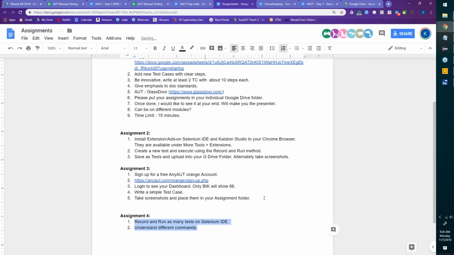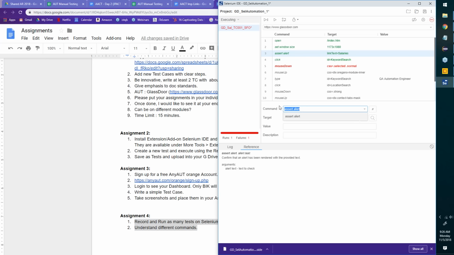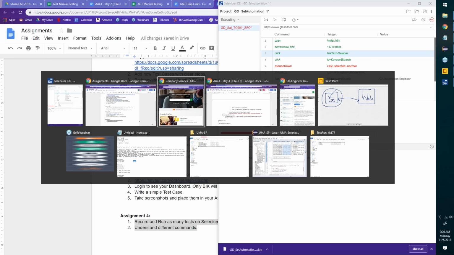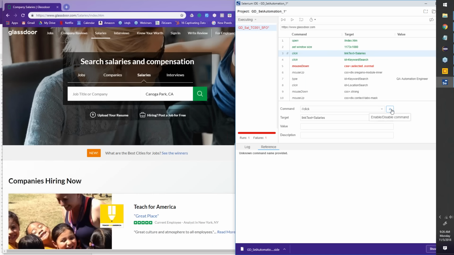What were we doing here? I think there was a click action, so I'll take it back to click. The second thing that is very important, team, and this is where we will get smarter as we go, is the next field, target. Whatever I see here is being mentioned here. What is this? Let me see, enable disable command. I see, this is a new thing. It's almost like a breakpoint, I guess. So don't execute that. That's fine, but I don't need that, so right now I'm leaving it there.